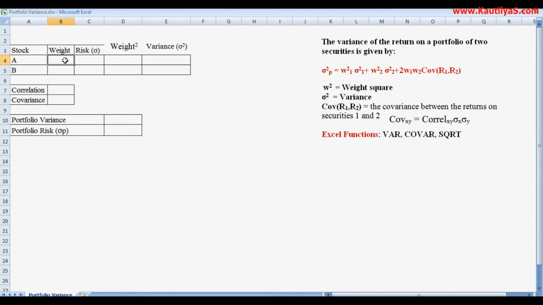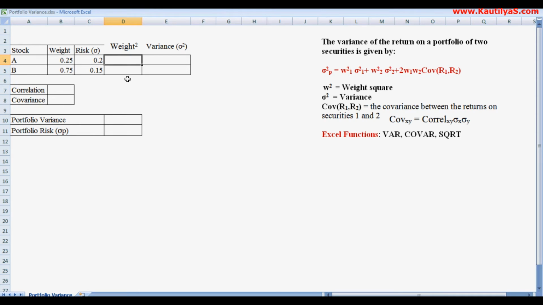So for our example, we take two stocks, stock A and stock B, assuming that we invested a proportion of 25%, I'm taking in decimals, 0.25, in stock A and 0.75 in stock B. And the risk of stock A is total risk, let us say 20%, and in stock B our risk is 15%, 0.15. So this information, that is the risk information, is available, whereas weights and proportions, as an investor we need to decide how much amount needs to be invested in each stock.